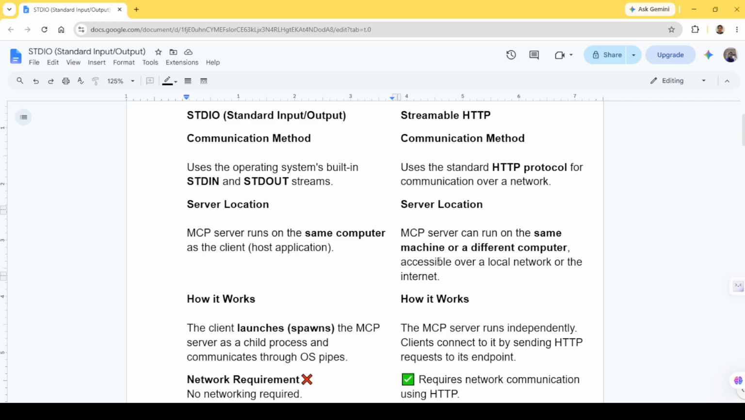Hello everyone, in this video we will talk about the difference between STDIO and Streamable HTTP. These are the transports which are used by the MCP servers developed using Model Context Protocol. So let's look into the communication method. STDIO uses the operating system's built-in STDIN and STDOUT streams, whereas Streamable HTTP uses the standard HTTP protocol for communication